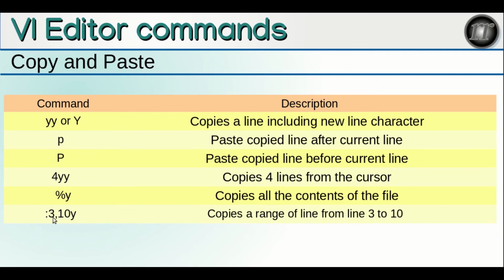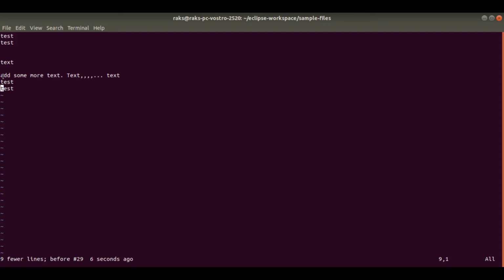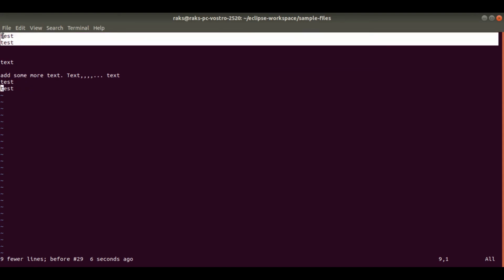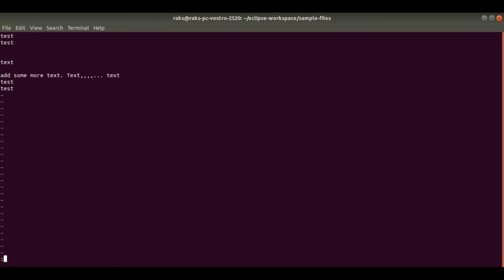And after that, this is for a range. This is the first line from where you want to copy, and this is the end line, and it will copy just the range of lines. So what if you want to copy the first and second lines? We will use colon, first, comma, second. So from this line to this line we want to copy. Just press enter. So it is copied, and now we can paste it. You can see these are getting pasted.